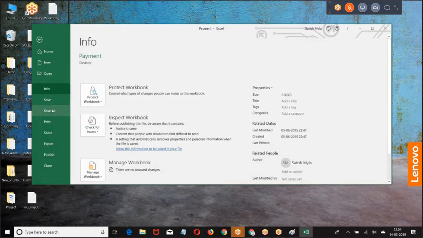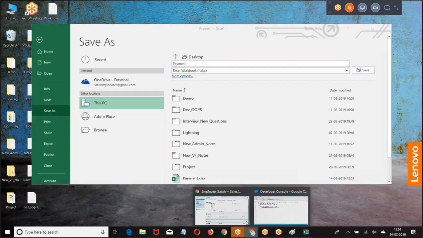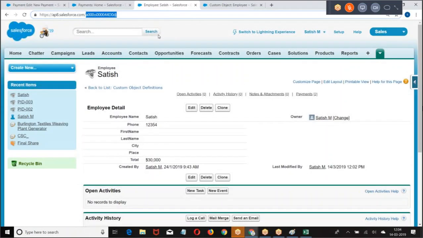Now look at this. When I'm doing it, multiple payments are done for the same parent. Then how will you do that? Okay, here I'll take one more parent also for your understanding purpose.